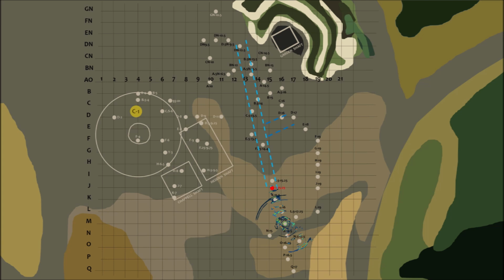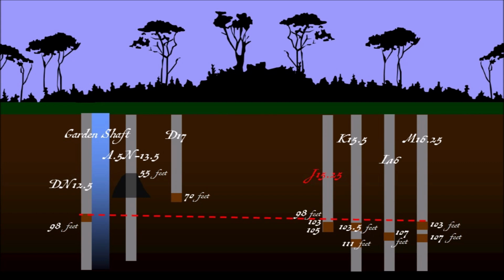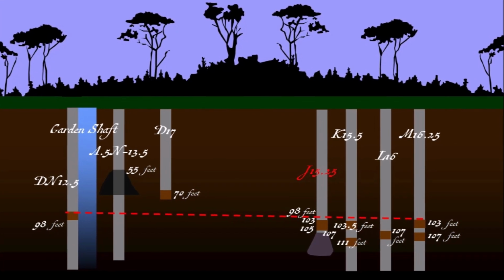The drillers extract a core sample at a depth of 98 feet, which appears to contain nothing but natural soil. A core sample taken below the previous, however, is filled with wood at a depth of 103 to 105 feet, which Matheson interprets as confirmation that they have intercepted the tunnel. Driller Mike Tedford then tells the crew that his drill encountered a void at a depth of 107 feet. The treasure hunters agree that they ought to conduct a sonar scan down the hole to verify the direction of